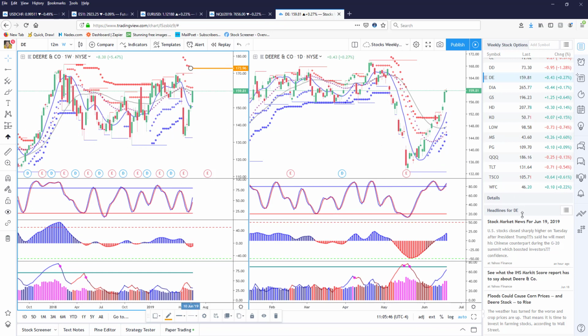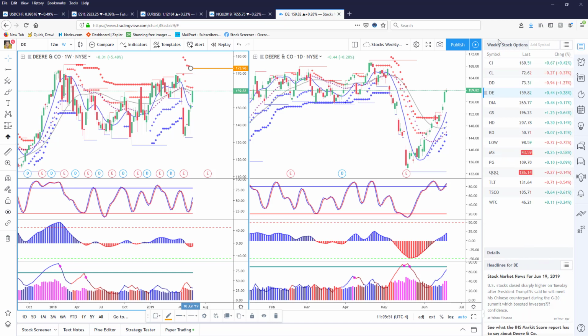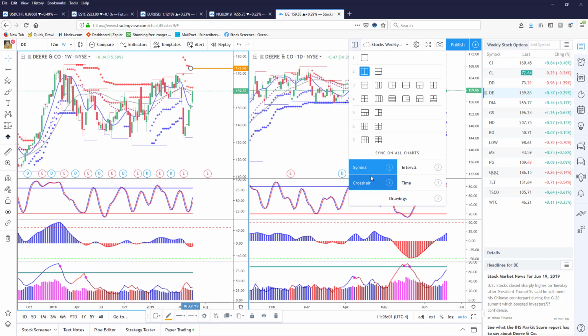So in this case, let's say that I want to link this, which is already linked, but if it was not linked yet, then I could come up here to this icon where it says select the layout, and I just make sure that the symbol in the crosshair is linked. You can also link the interval in the time as well. You can actually change it where you could have 4 charts, but this is dependent